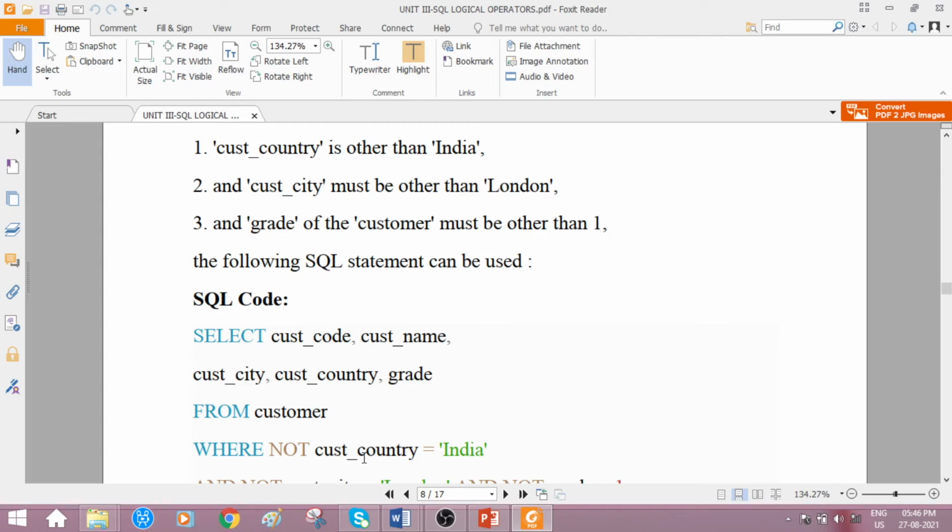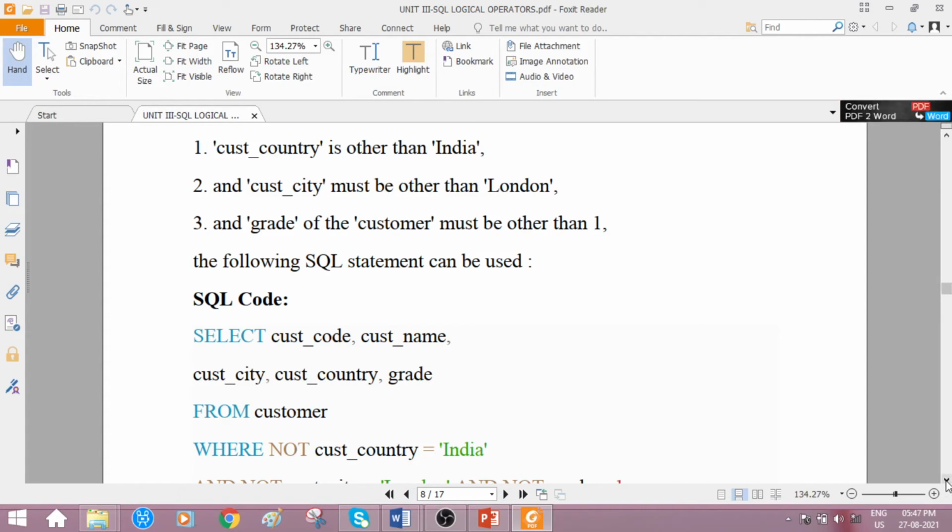So if we pass the equal to value, the not operator will be converting that equal to not equal to. It means it is converting to a false value. Okay, so this is how we made the query to consider the customer country other than India. If you add the logical not operator, then if India is observed, it does not consider that row. Instead, it goes for the false value. Whichever other country values there are, it has to consider those.